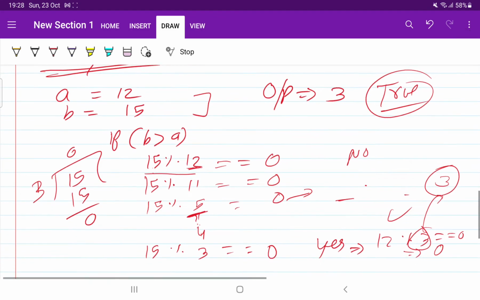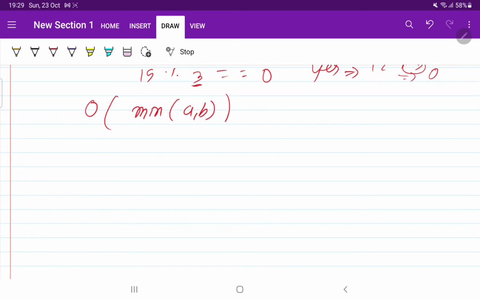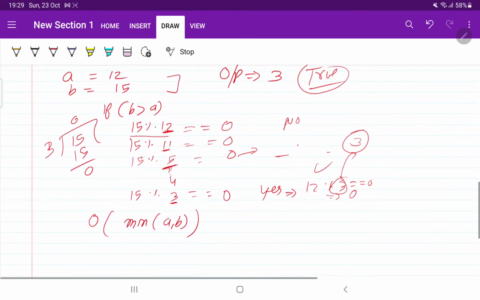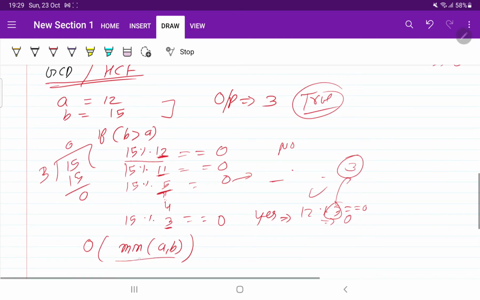But for this approach, you have to start from 12, then come to 11. So what is the worst case? The worst case is that both numbers are not divisible, so you have to go through all the numbers. What will be the time complexity? Minimum of both A and B. It means you started with 12, then come to 11 and like this. Plus or minus 1, plus or minus 2, plus or minus 3 doesn't matter. The main thing that matters is the complexity will be linear, order of A and B.